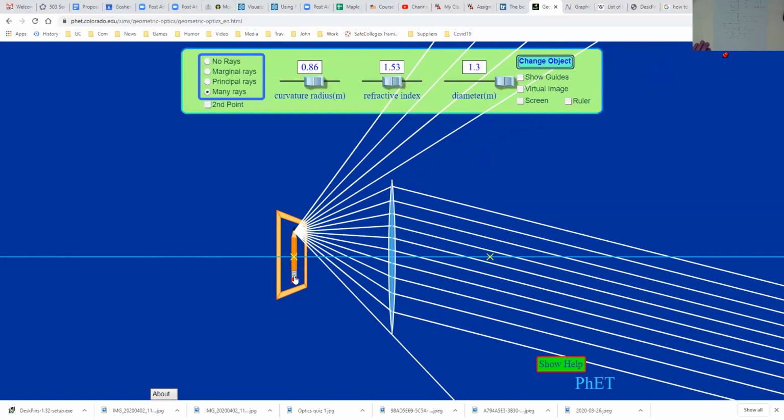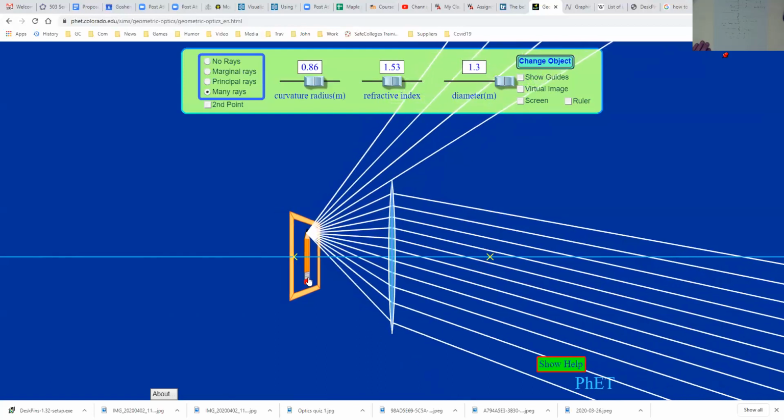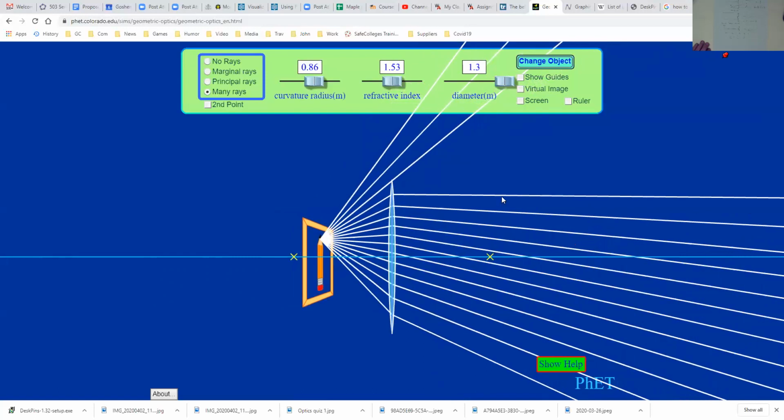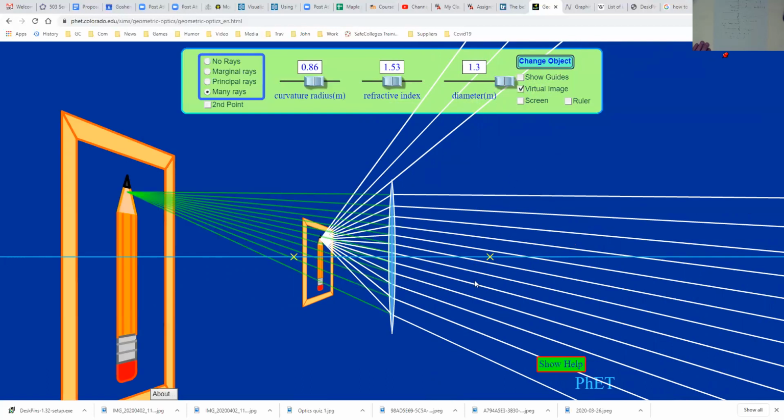What if we keep going and move even closer? Now, these rays are diverging, and the image doesn't form out there. There's an image that forms on the other side, and we call that a virtual image. These rays look like they're coming from over here, and the image distance would be from the lens to this point, but that distance would be a negative distance. So we'd say that S sub I is negative. Okay,